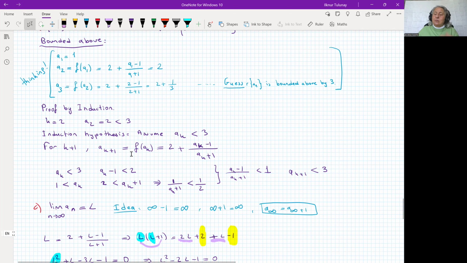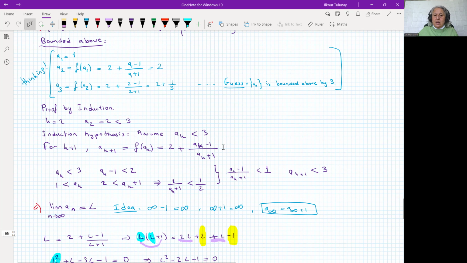So a_{k+1} by definition is f(a_k). That is 2 plus (a_{k-1})/(a_k + a_{k-1}), a_{k+1}. So we would like to show that this is smaller than 3. So let's